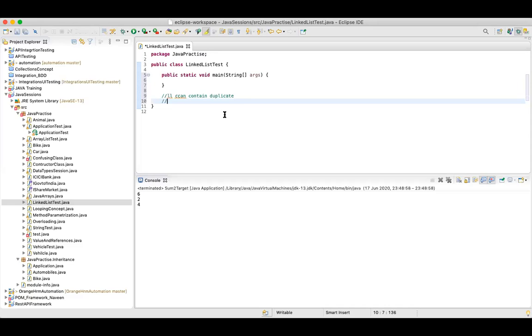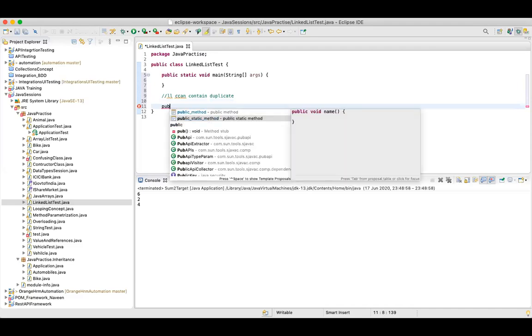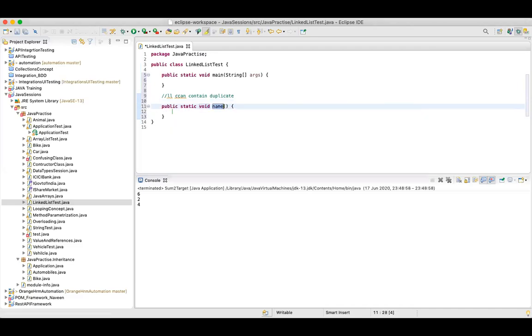Instead of explaining theoretically, let me start with the concept and we'll see it here. Let me create one method called linked list. Yesterday we saw array list, so for revision, how do we create an array list?